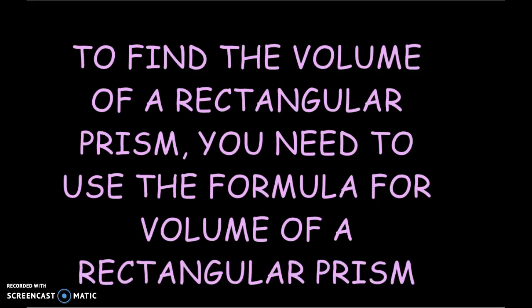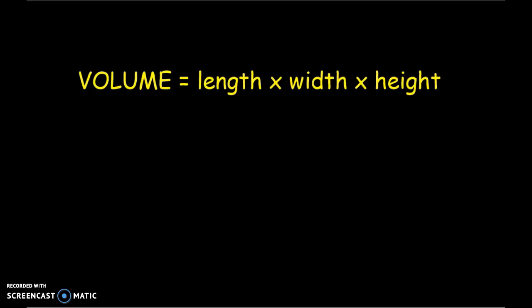In order to find the volume of a rectangular prism, you need to use a formula for volume of a rectangular prism. And that formula is volume is equal to length times width times height. Now, normally we just abbreviate it and we'll get